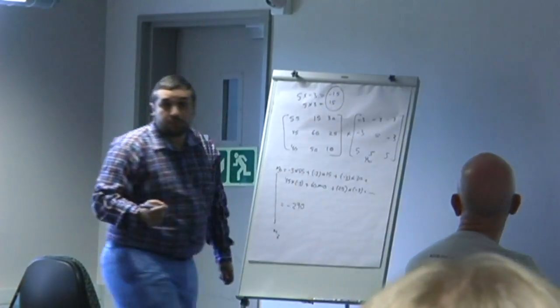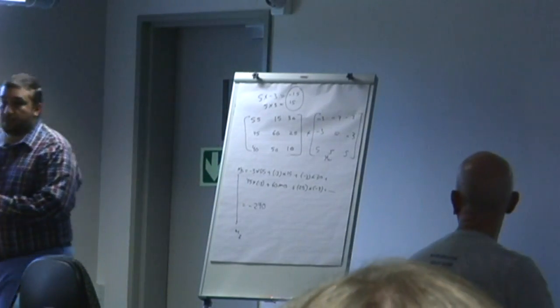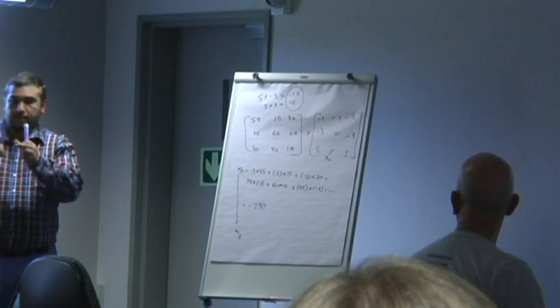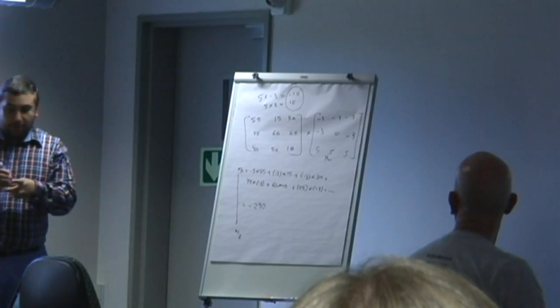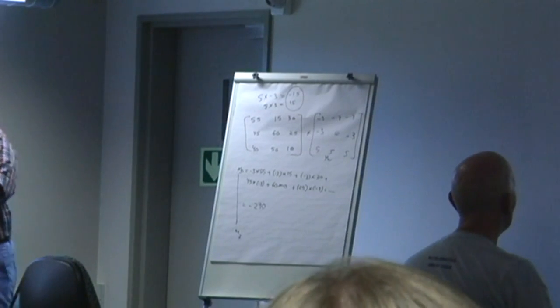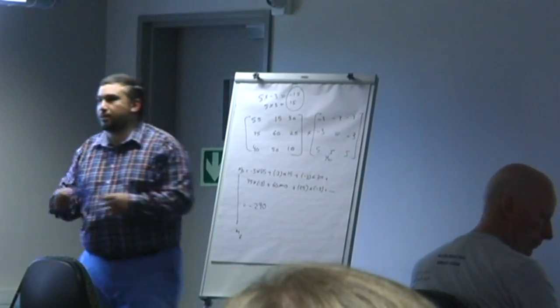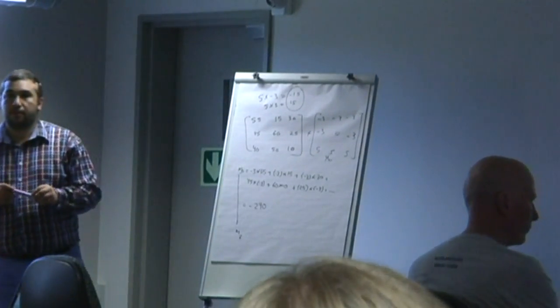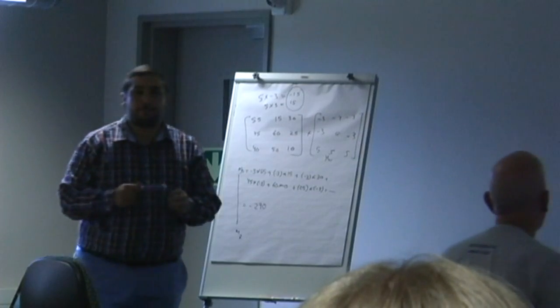So the sum should be 0. So any filter we use in image processing, the sum of it has to be 0. That's why we have to have the minus value. Okay? Because it's matrix multiplication. So if you multiply two matrices,